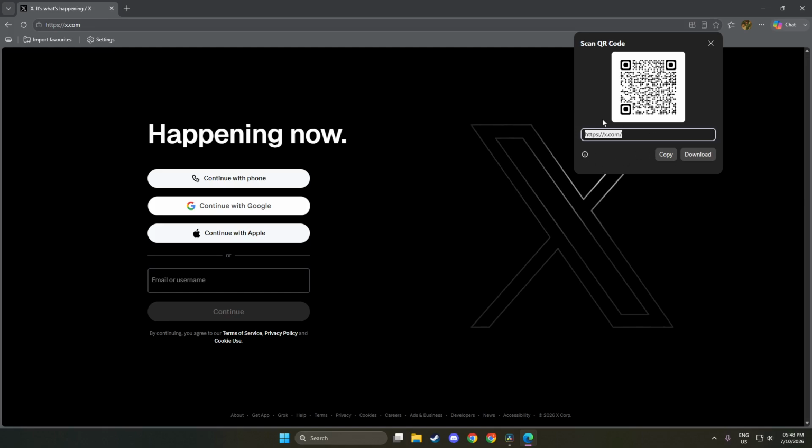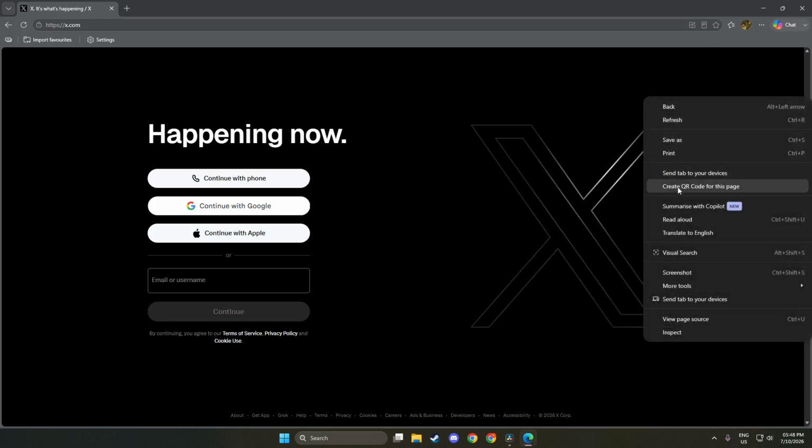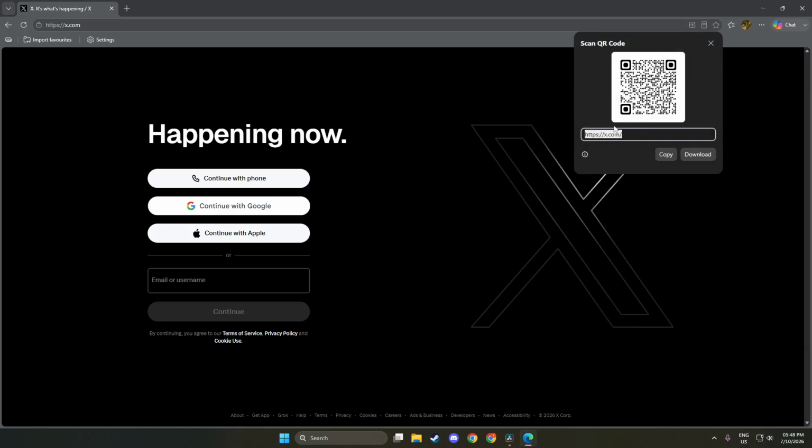A QR code will appear on your screen. Take a moment to appreciate that this code is now ready for use. It visually represents the link to the web page you chose earlier. QR codes are incredibly useful for sharing information quickly and efficiently. Whether for business, education, or personal use, having a QR code on hand makes it easier for others to access the same web page. You can also test it by scanning with your smartphone to see if it directs you to the correct site. Next, click Download to save it as an image.